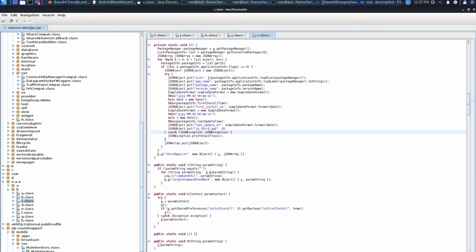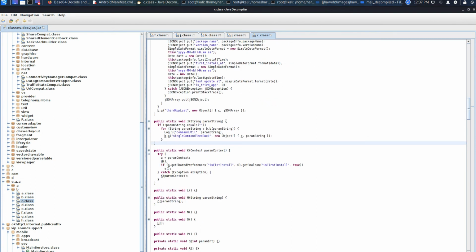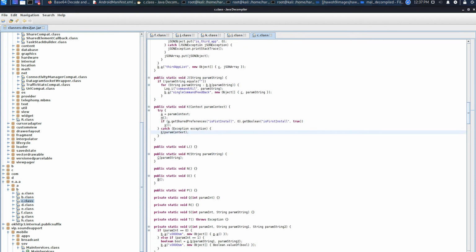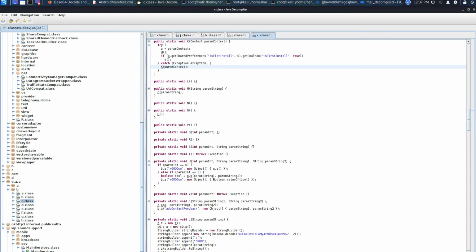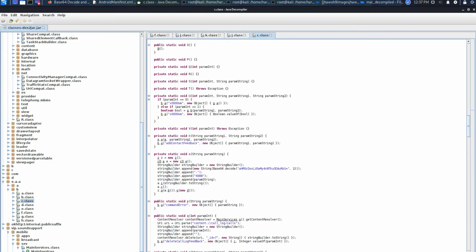This kind of things he is also looking at, and also command utilities he is also feeding back. If the application is still not installed, maybe he is doing some kind of attack. If we do the dynamic analysis, we will get some more information. He is also adding the contact feedback. So one more string. Let's put this one.